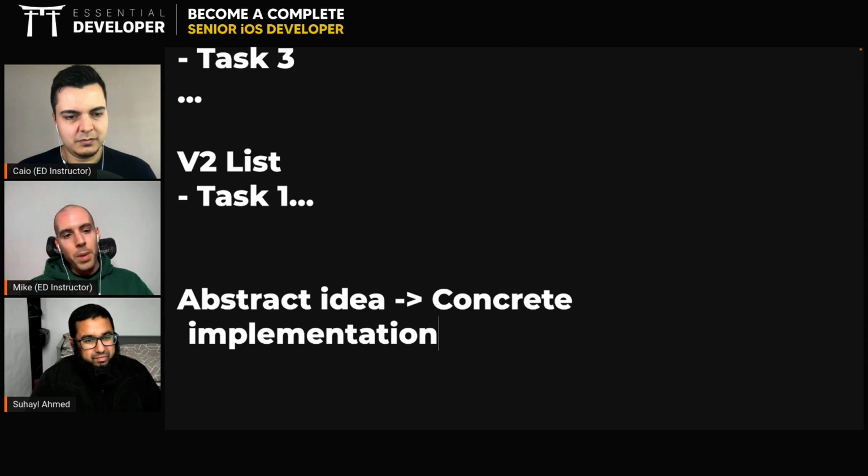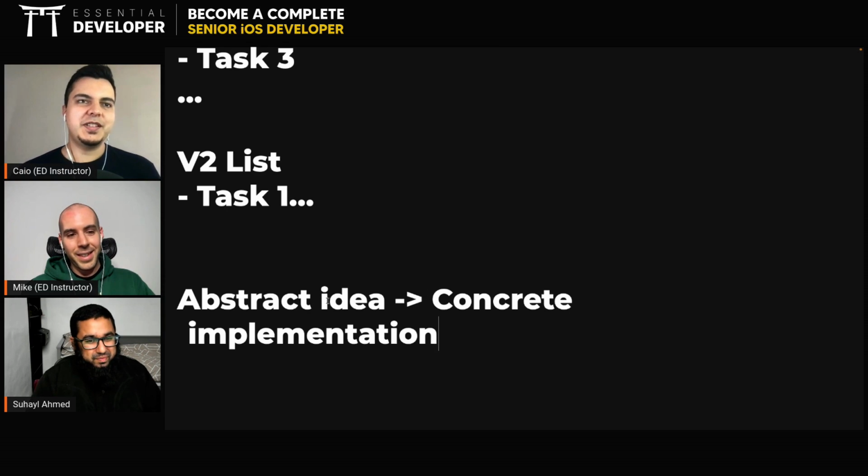So getting from this abstract to the concrete is what needs to be done. And there are ways that you can do that, right? This is a fantastic way, and it has been working for us for I don't know how many years now. So this is what we teach as well. Yeah, that's it. That's the hard part.